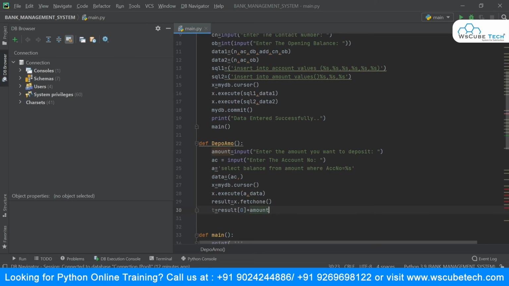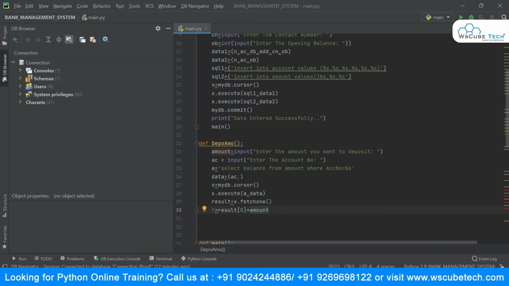All right, in this step, I've created a variable, and whatever result I'm getting, I'm fetching it by the index value. So whatever the result is at 0, I want to add the particular amount which I'm going to get. Suppose a user enters 5,000 rupees, so here 5,000 rupees will be added to this result at index 0.